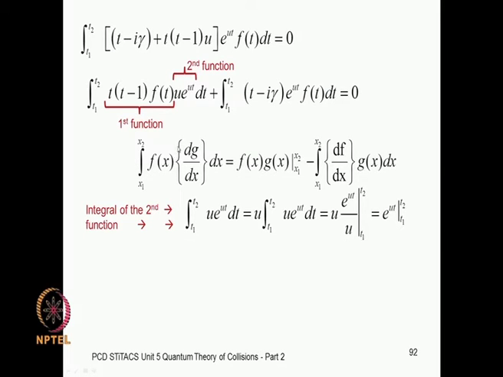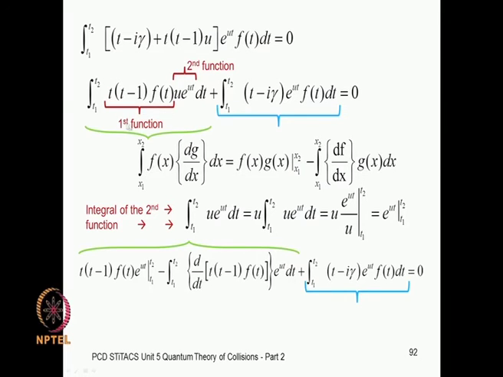You know the integral of the second, because the integral of the second can be easily worked out, which is u e to the ut, and this is the difference you can take, e to the ut at the upper limit t2 minus the value at the lower limit, right. So, that is the result you get from the first term. And so, instead of this first term, which is bracketed by this green bracket, instead of this we have these terms. So, this is the difference,